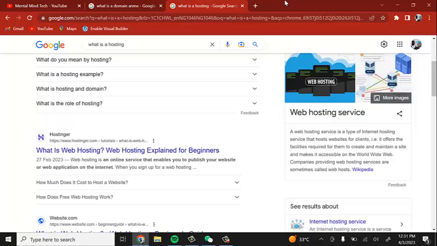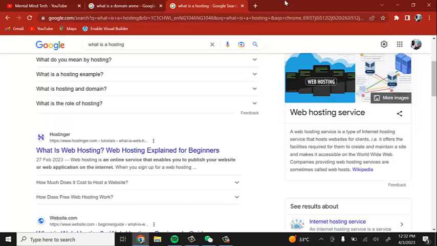We also have Bluehost. We have NameSilo and all of that. We have GoDaddy as well. These are some of them that you can actually use that work very fine. So you can try some of these out and use them to do your domain registration and web hosting services as well. All right. So with that being said, I'm going to be showing you how to purchase a domain name and hosting from two of these platforms. I'm going to be using QServers, which is a Nigerian platform, and I'll be using Namecheap as well, which is a foreign platform.